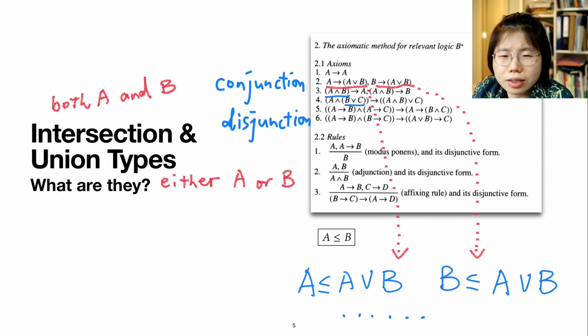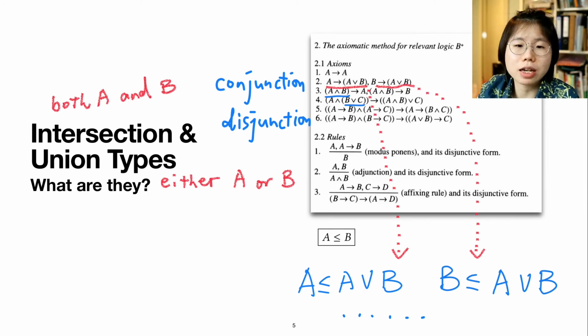So, what are intersection and union types? Given types A and B, any term of A intersection B contains the information of both A and B, while a term of A union B only needs to have the information of either type A or type B. That is similar to logic conjunction and disjunction. And we know that logic reasons on propositions. Following the Curry-Howard isomorphism,